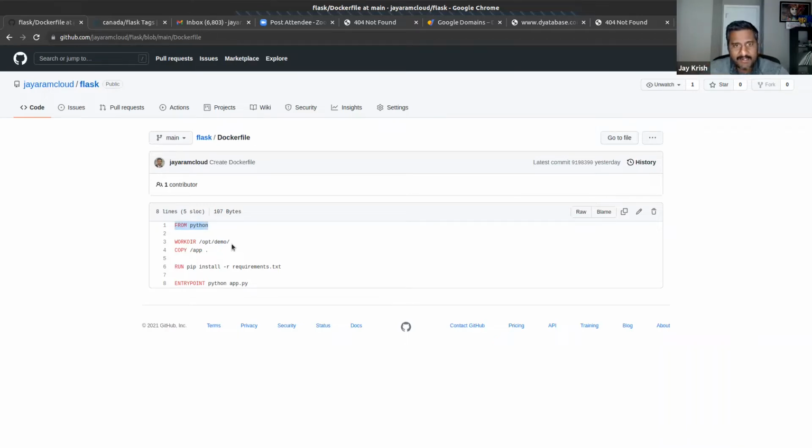On it, make use of this work directory and copy the /app folder to here, and then run this command, then start python app.py as the startup after the container boots up. That is all this Dockerfile is doing.